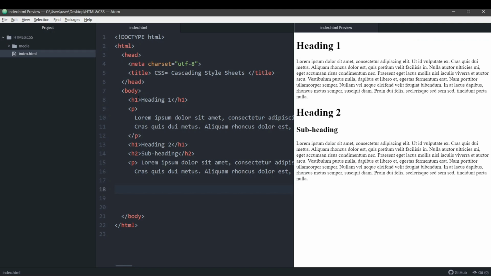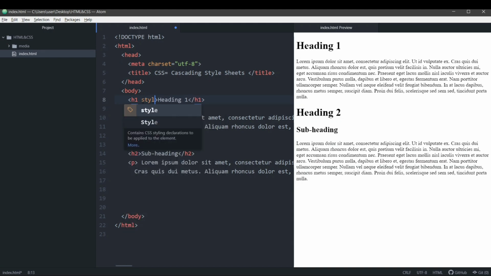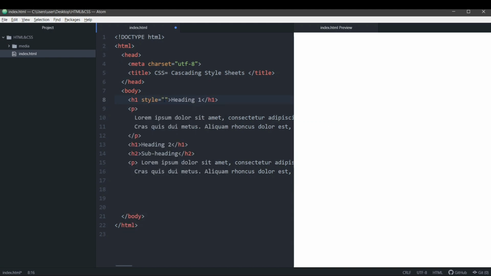We can do that by adding an element style, an inline style, to our h1 tag. So how do we do that? We go into this h1 tag, and inside it we'll add an attribute called the style attribute. We'll just type style, then equals and double quotes.